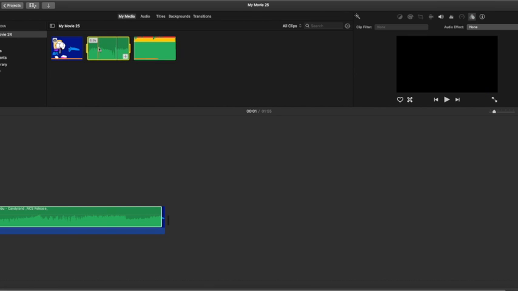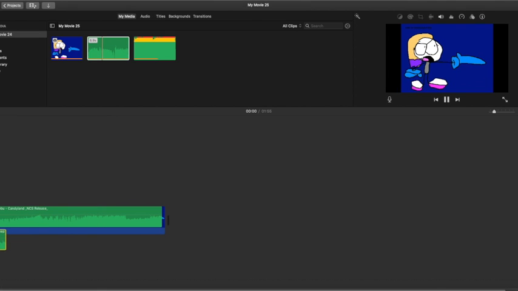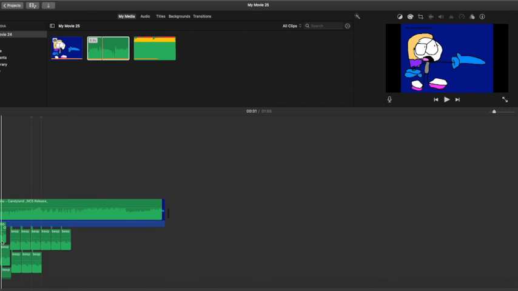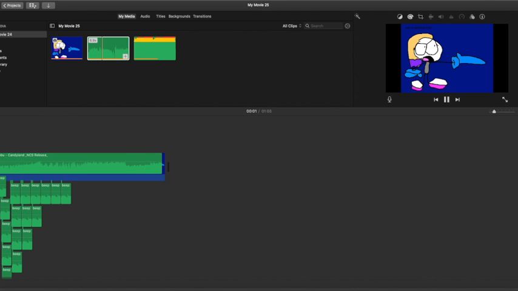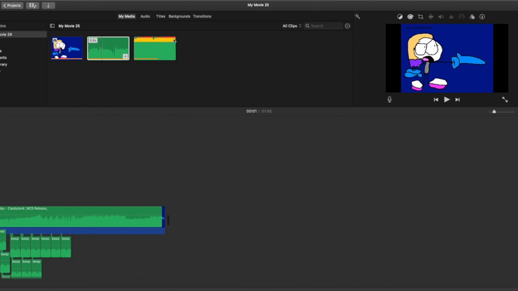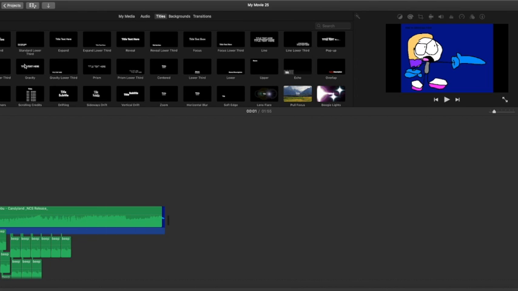Then what you want to do is just add any other random sound effect. For instance, I just got this beep sound. And then add text. This works on basically any video editor. I'm just using iMovie Mac because